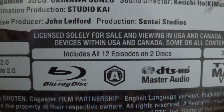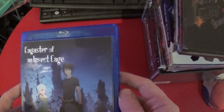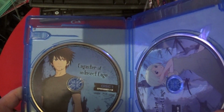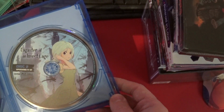So looking on the back, I see Region A, I see all 12 episodes on 2 discs, I see an English dub. They infect you, they infest you, and then you become one of them. That sounds scary. Kind of reminds me of Blue Gender. Is that the right name of that anime? Yeah. I mean, that one wasn't an infect-infest thing, but...